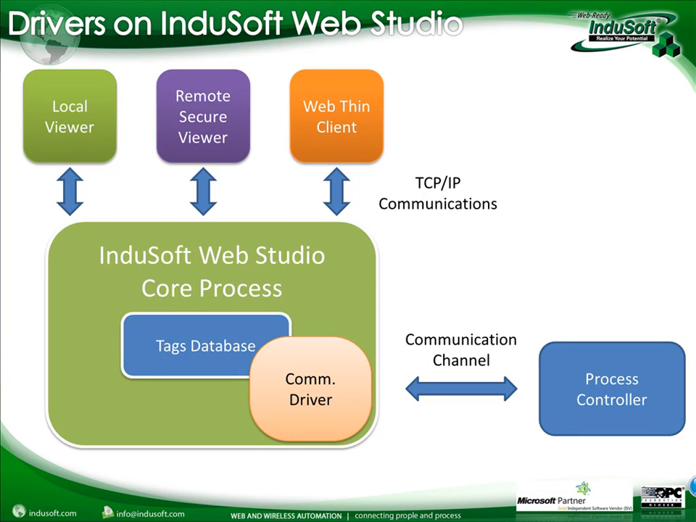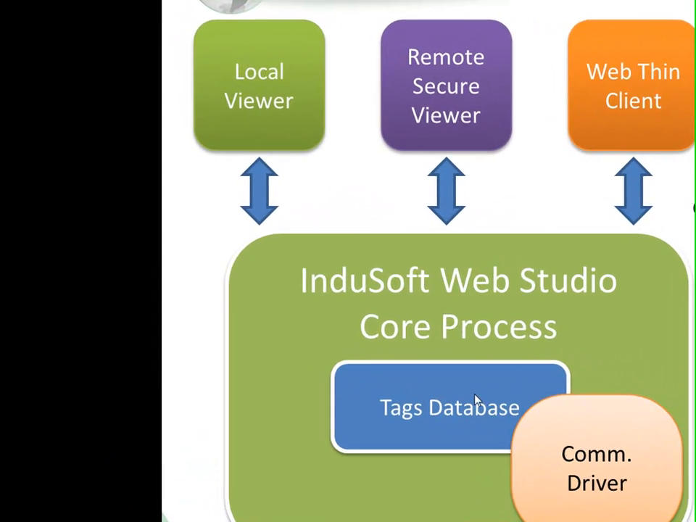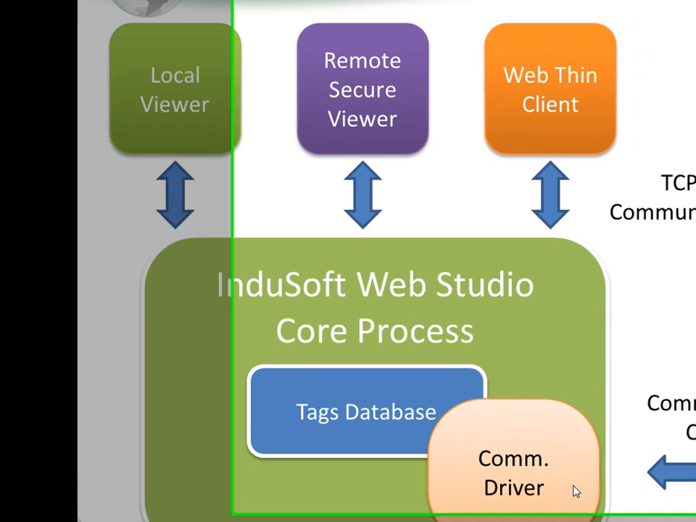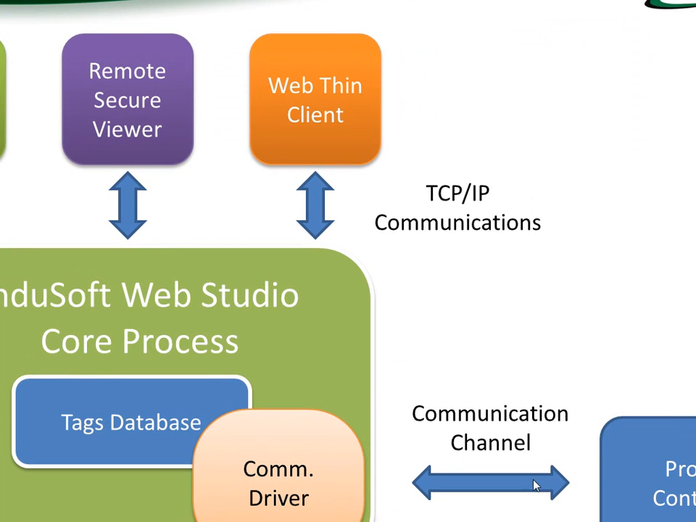Okay? So, when I show this architecture, you can see that if I have a button on my screen, let's say to start the process, so I click on that button and it sends something to the PLC. You have the button here on the local viewer, for example, you push the button, we send the data to the core process, it reaches the text database, and the text database is going to distribute that information to the communication driver, that will be responsible for sending this data to the process controller through the